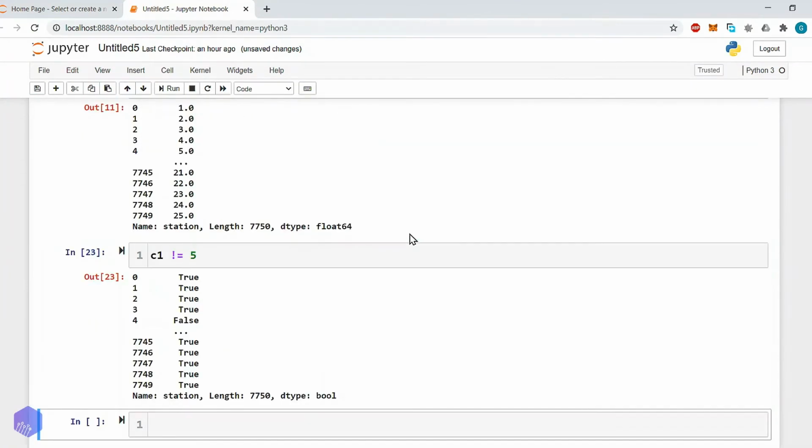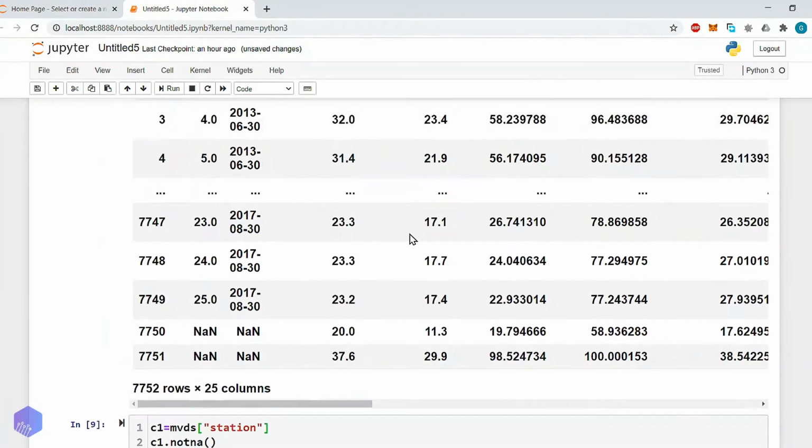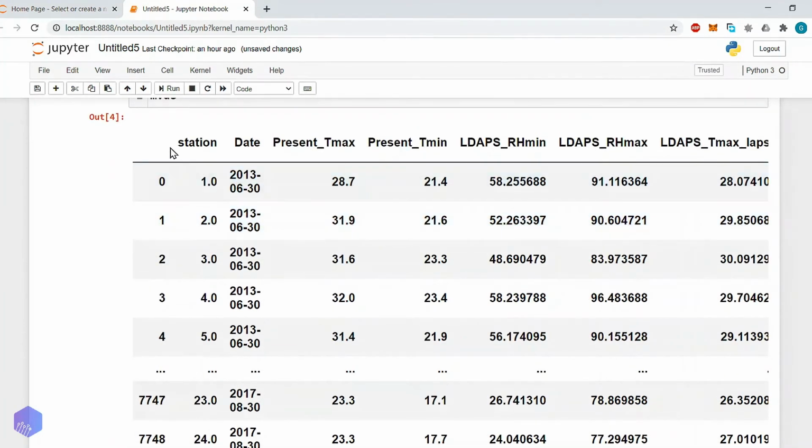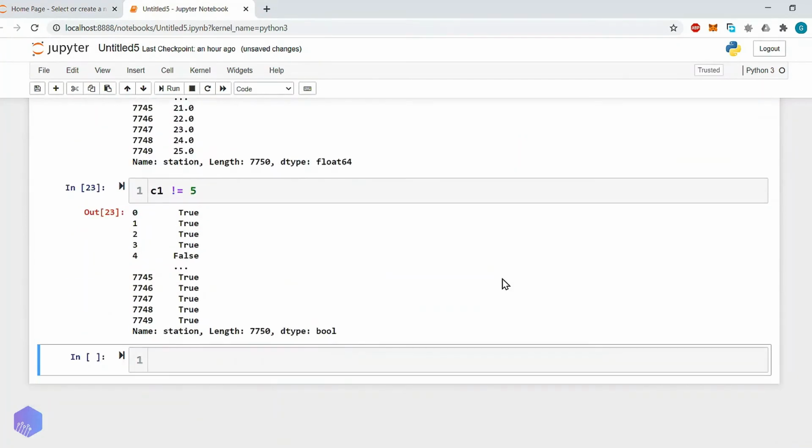So various arithmetic operators you can directly apply on a column. So here, instead of, let's say, station, if we take precipitation, T minimum or T maximum, or relative humidity minimum, on those numerical columns we can apply any arithmetic operator.